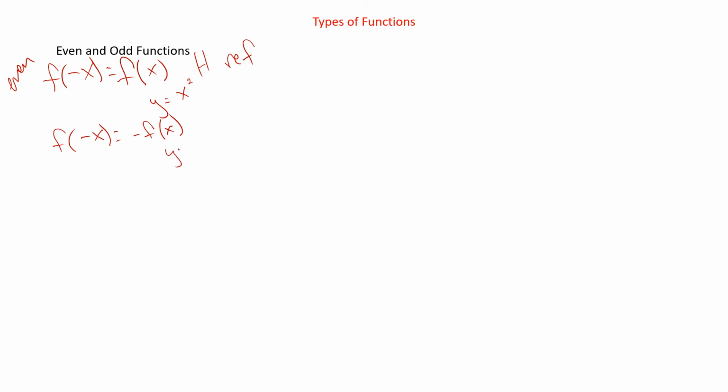And y equals x cubed is an odd function. So cosine was an even function. Sine is an odd function because when we graph it,